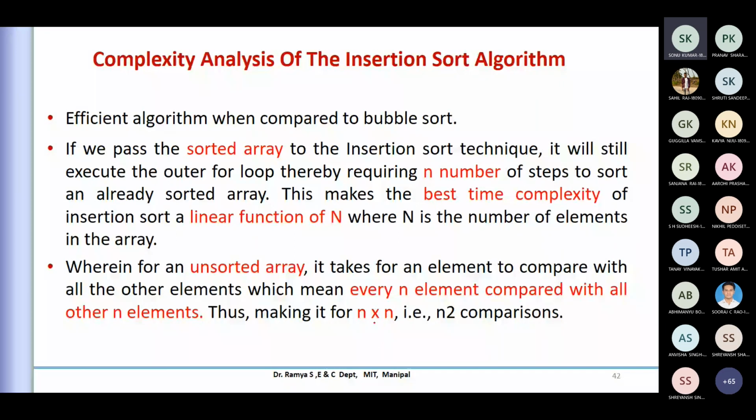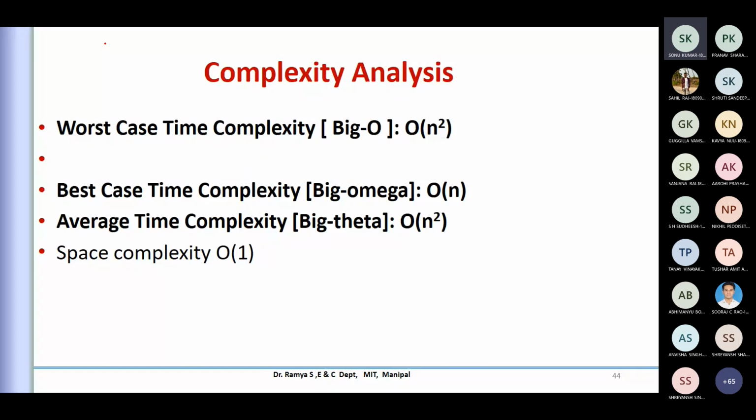So it is going to be the n square comparison. It is not n2, it is n square. Okay, so n square comparison. In that way, if you see the comparison-wise, your bubble sort and the insertion sort happen to be the same. That's the reason we get a worst case of O of n square, your best case happens to be O of n here,